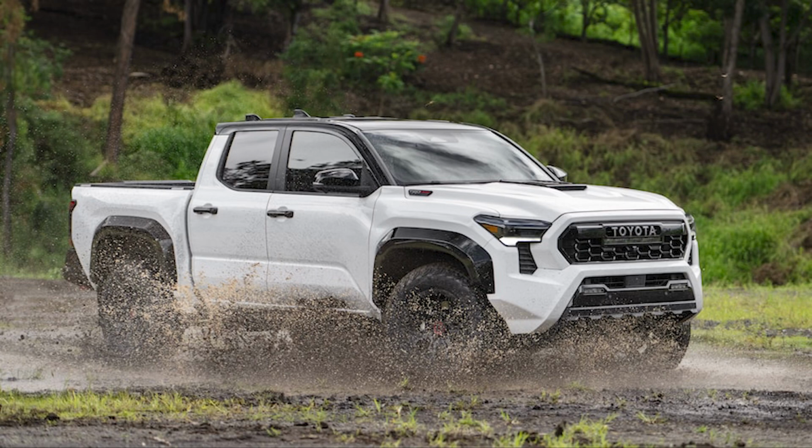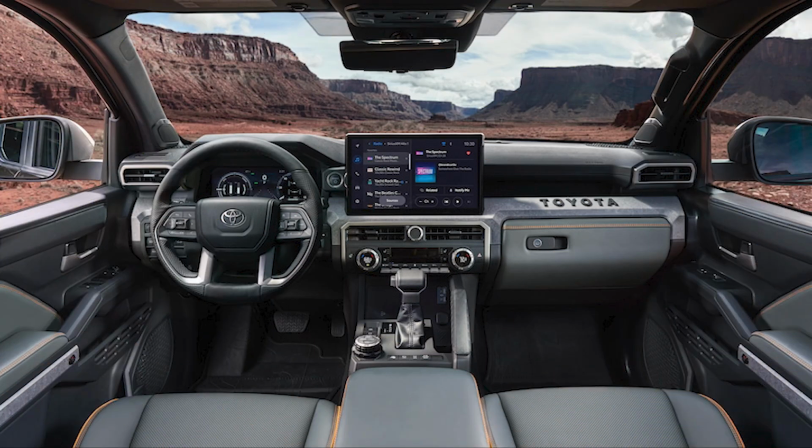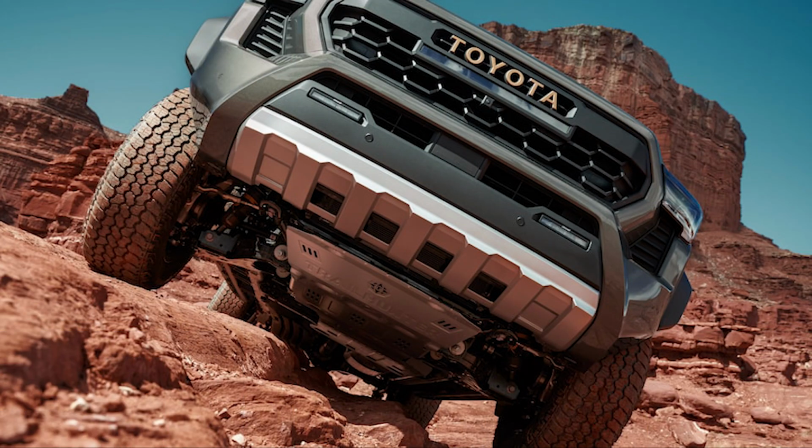Here they are with a couple of highlights for each. SR, Extra Cab, Double Cab, Base Engine Standard, available with the I-Force/6-speed manual combination, leaf springs, twin-tube shocks, 17-inch wheels. SR5, Extra Cab, Double Cab, I-Force engine, multi-link rear on double cab, leaf springs on extra cab, twin-tube shocks, 17-inch wheels. TRD Pre-Runner, Extra Cab, I-Force engine, 4x2 with electronically activated rear locking differential, leaf springs, front lift, twin-tube shocks,